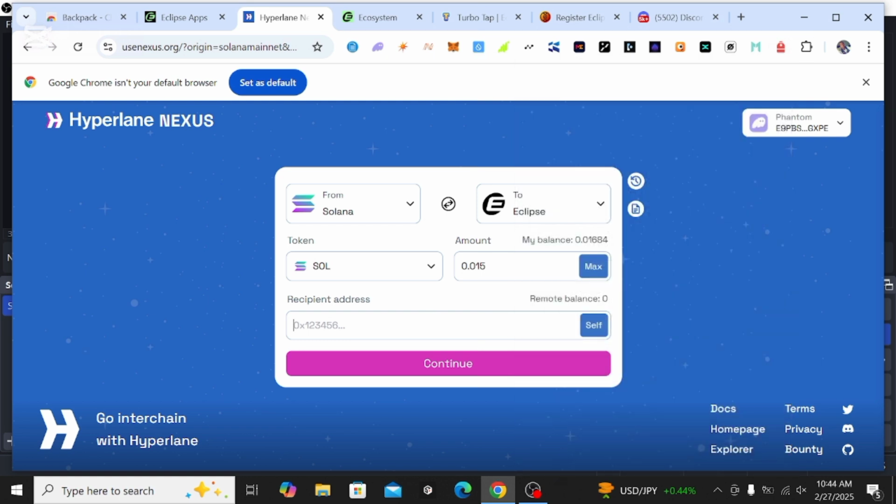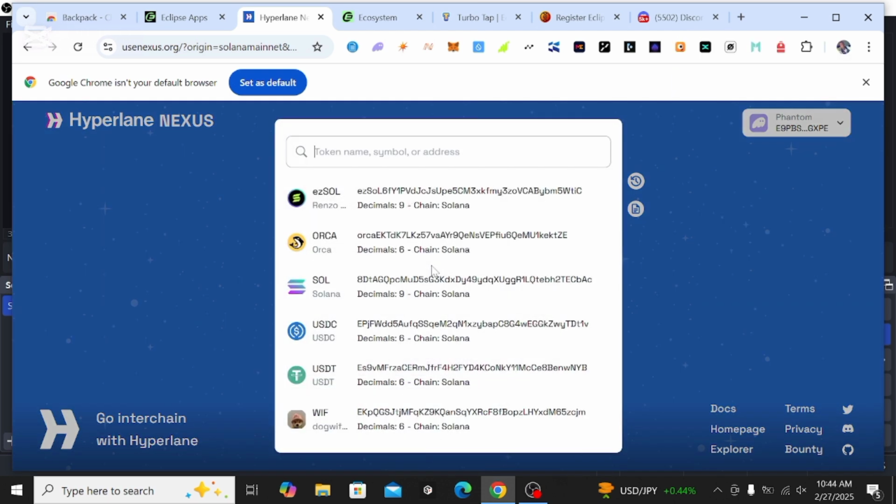So now come back here and paste it. Okay, so now once you are done with this, initiate it, continue, and automatically these funds will be transferred to your Eclipse mainnet, that's the Backpack wallet. Okay, now next we are going to do is, you have to also